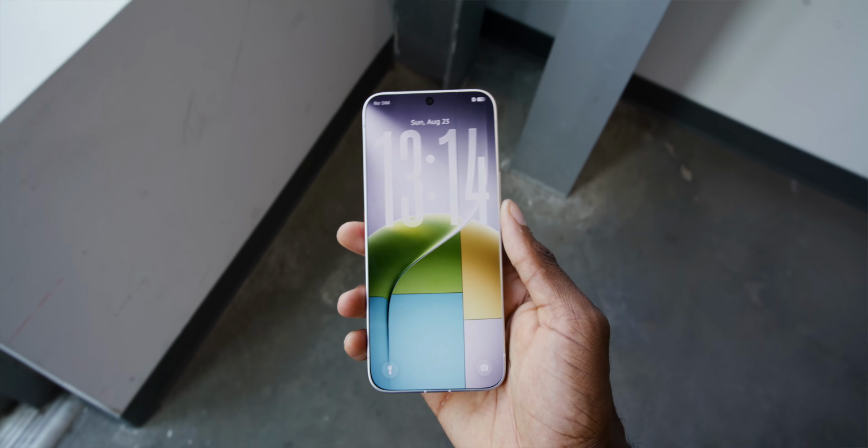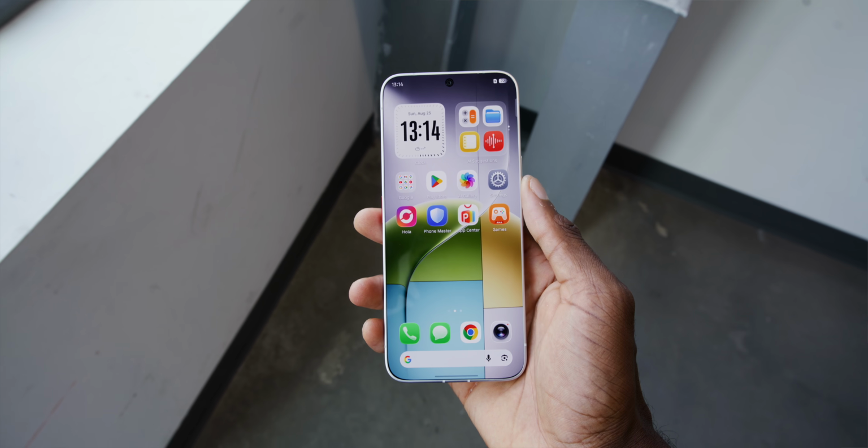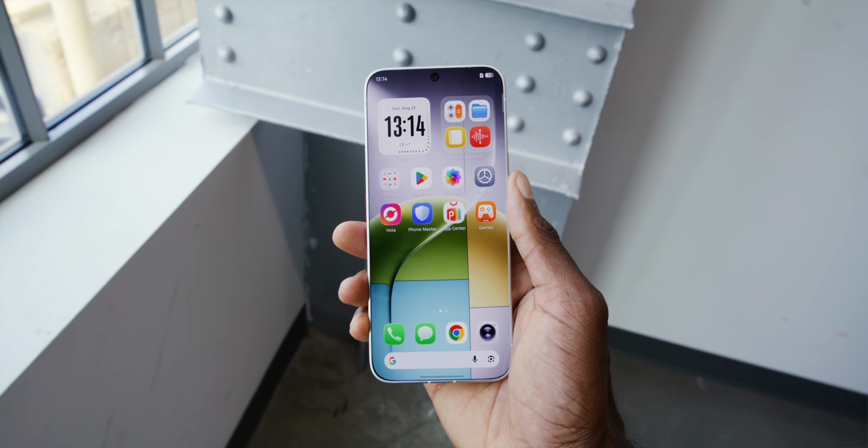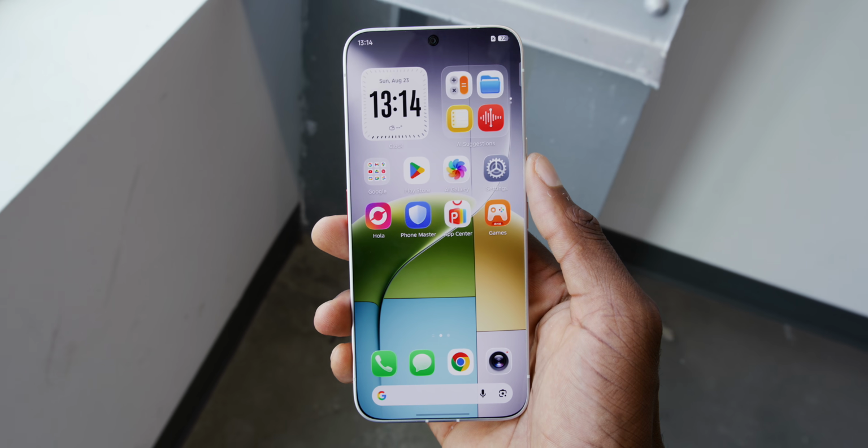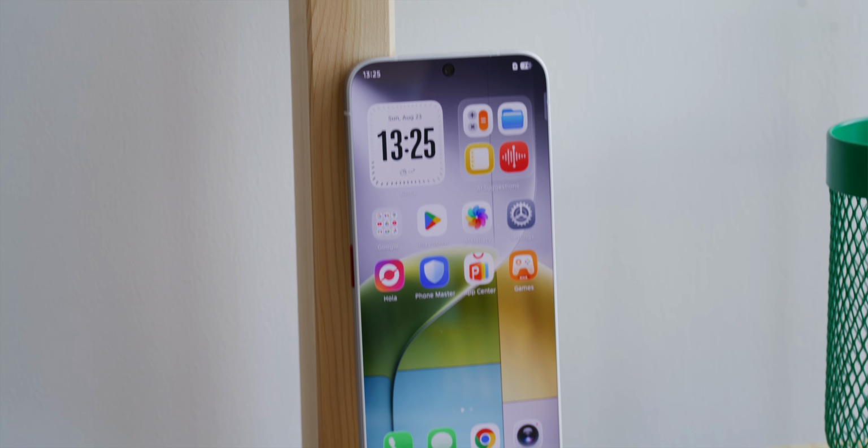But fast forward to 2026, and I get an email from a company called Tecno who wants to show their 0 millimeter bezel concept phone. All right, I'll bite. So I said yes, it showed up, and here it is. This is a big premium smartphone with a 6.7-inch display and 0 bezels, corner to corner, edge to edge, nothing